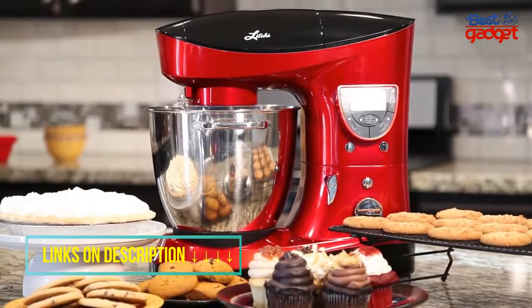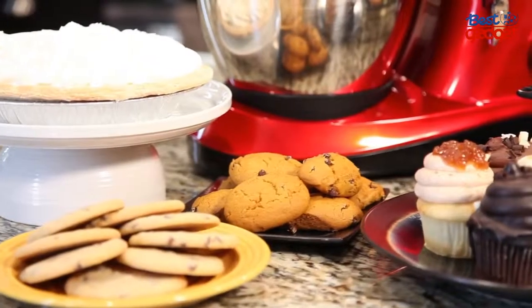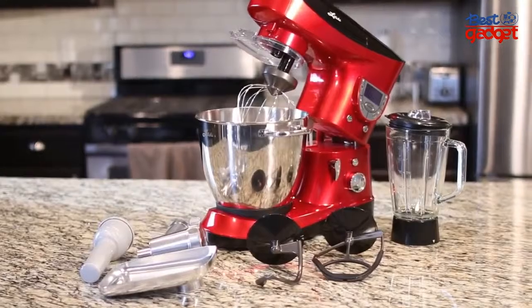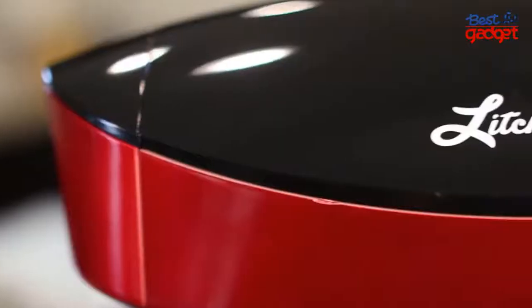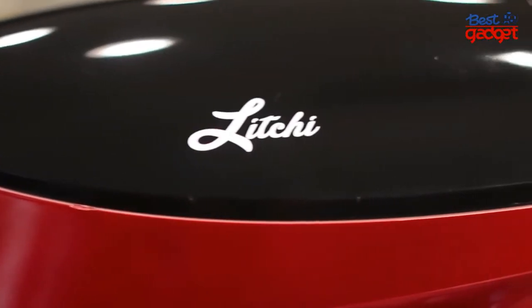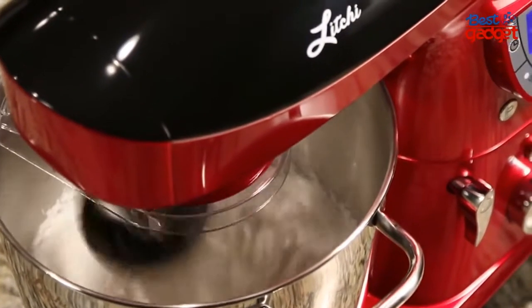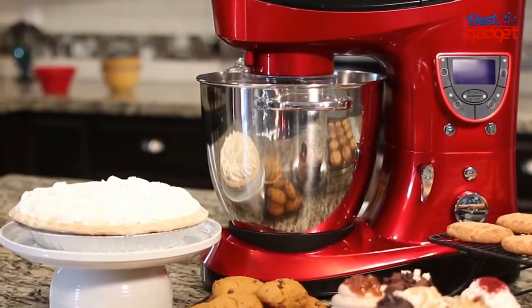It's rare to find a single kitchen appliance that can do as much as the Litchi multifunction programmable stand mixer. Between the self-heating bowl, the included blender, the meat grinder, dough hook, whisk, and standard mixing blade, nothing will stand between you and your next culinary masterpiece. At the core is 800 watts of power to blend, whip, fold, knead, and mix even the most heavy and